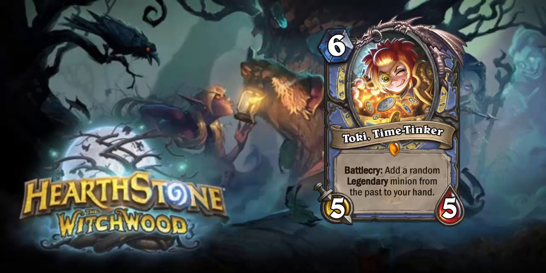Toki Time Tinker. You're getting a random legendary minion from the past to your hand. I can look back on a lot of legendaries from the past that are rotating out, and I just go, do I really want this in my hand? Like, yeah, you've mentioned Boogie Monster as a thing. It's like, okay, you can play on it, it'll be fine, but I'm just looking at it, I'm going, okay, I know that